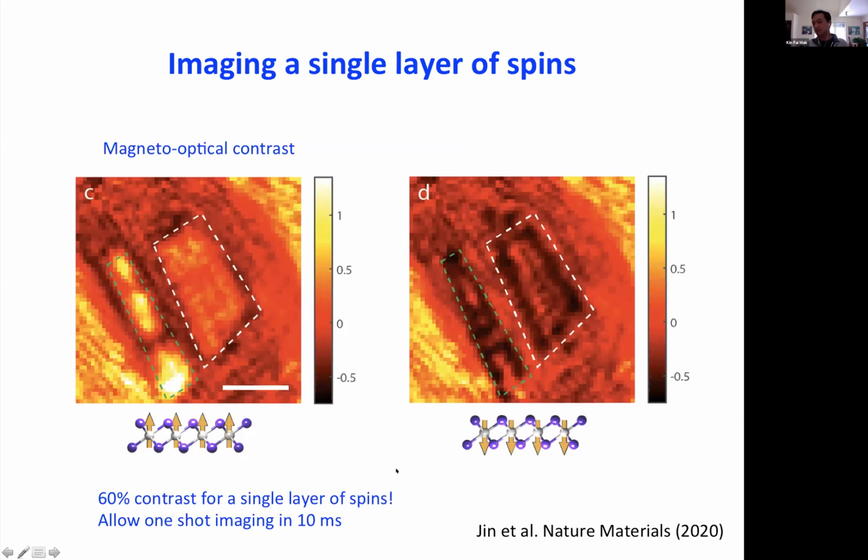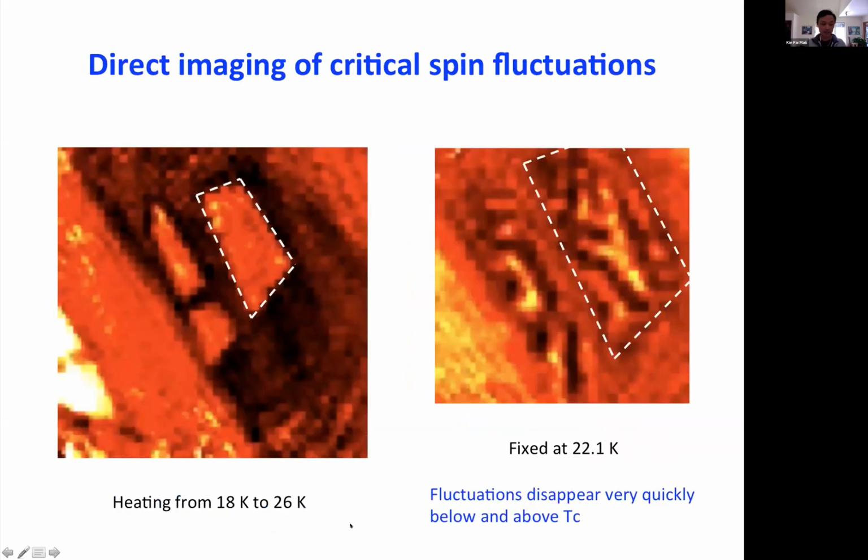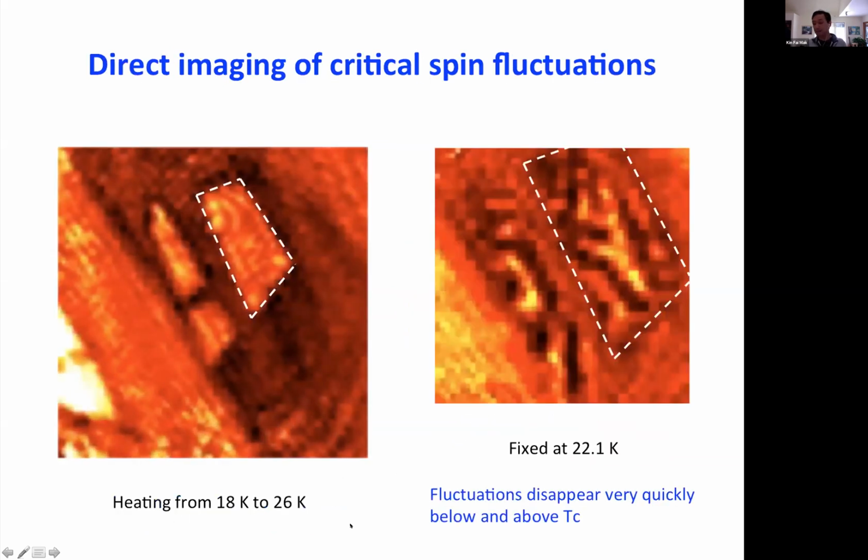Actually, even for single layer spins, using this technique, we can achieve a 60% optical contrast, which you can really see by your naked eye, right? And we can also take this image in a single shot with an exposure time of just 10 milliseconds. As a result, we can really start taking images, taking videos actually, of the spin dynamics of